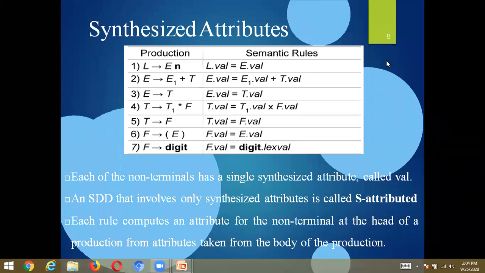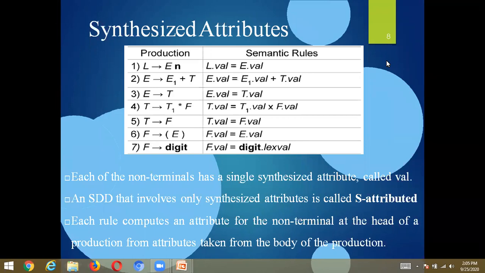That means from leaves to root we need to process the S attribute in a bottom up fashion. We all know how to implement the bottom up parser, that means taking the leaves and generating the root, right? Make a note of this, here we are implementing a bottom up parser. That means the processing should be done in a bottom up fashion.